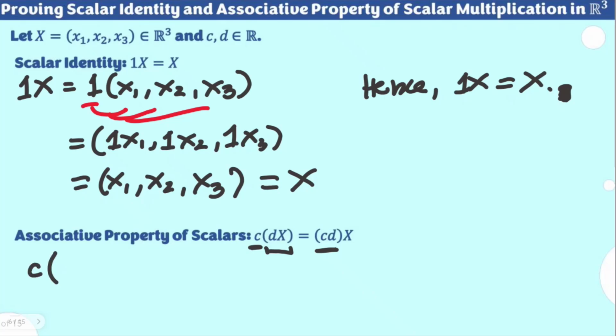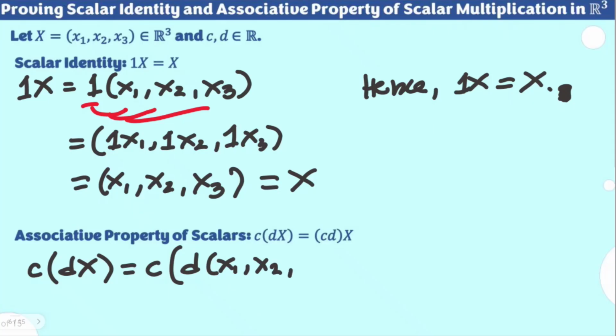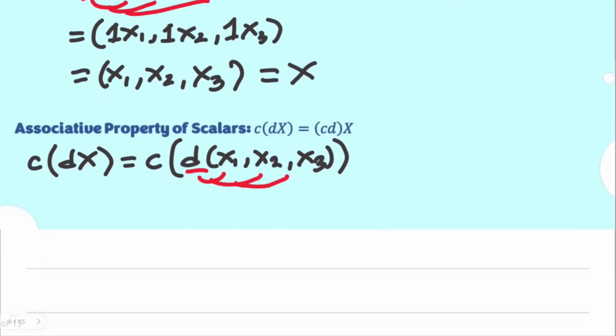So we have c times dx, which must be equivalent to this form here. How can we show that? First, let's multiply the vector x with our scalar d, because it's in the grouping symbol. So you will have this form: d times the components of x, x sub 1, x sub 2, and x sub 3. D being a scalar quantity, you can of course distribute that by scalar multiplication. So you will have the form c times dx sub 1, dx sub 2, and dx sub 3.